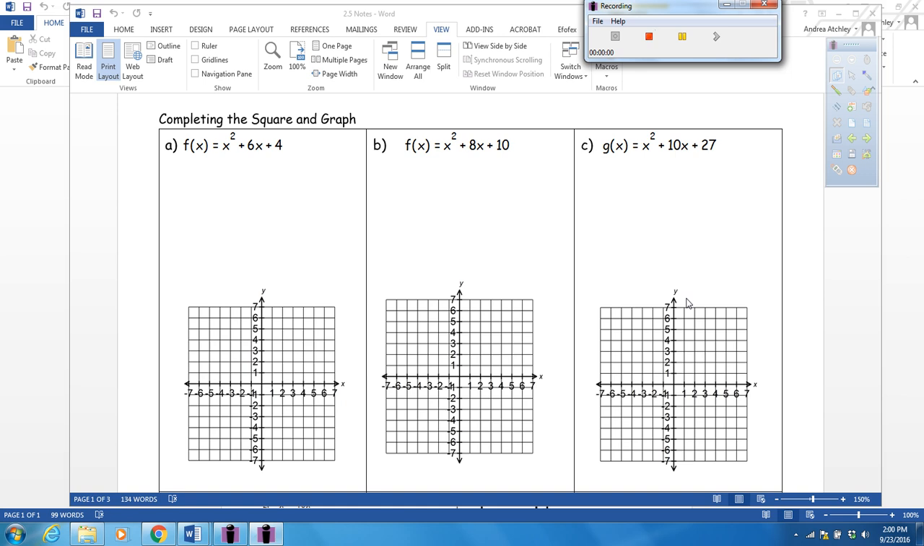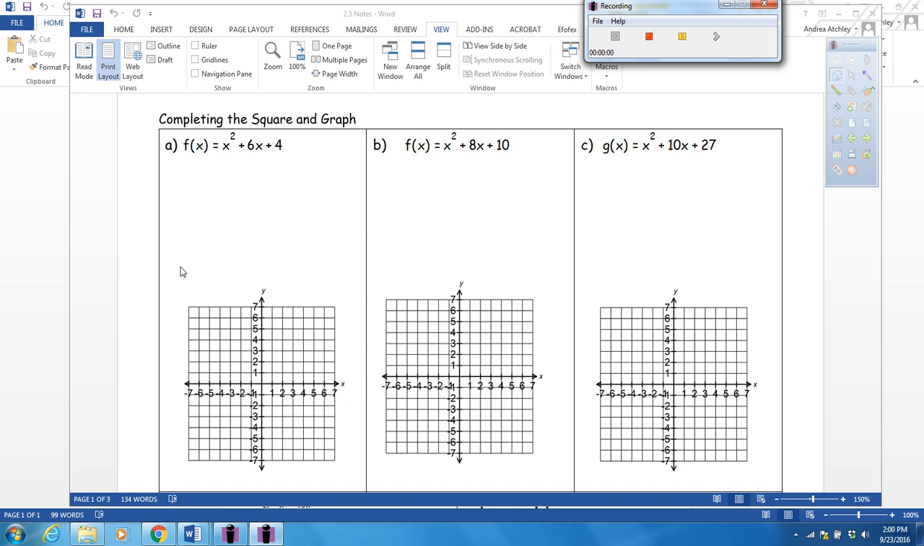Okay, today we're going to start by combining the two lessons that we've done so far. The first two sections were about graphing parabolas, and then the last section was about completing the square. Okay? Here's the deal. When I see this right here, x squared plus 6x plus 4, and I want you